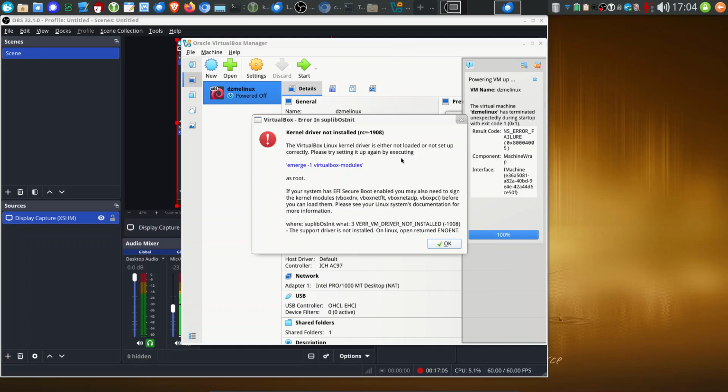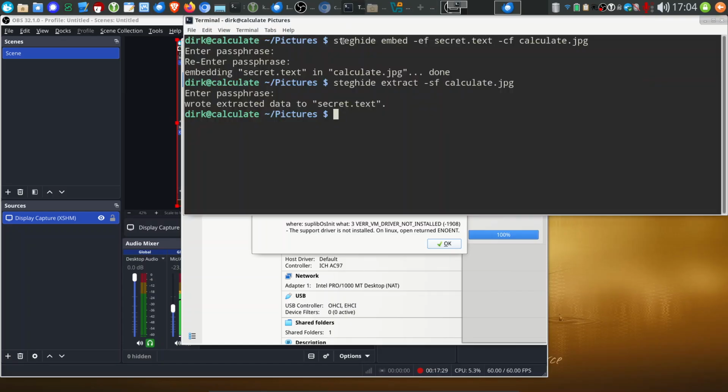Virtual kernel driver is either not loaded or not set up correctly. Please try setting it up again by executing. Okay, you know what that is. Because I blocked the kernel, but I think it booted in the kernel 6.18, because if you look here, 6.12. This one I wanted to hold, and I put it into the